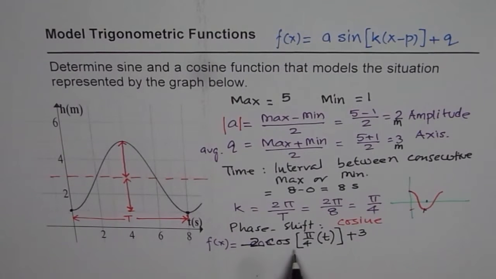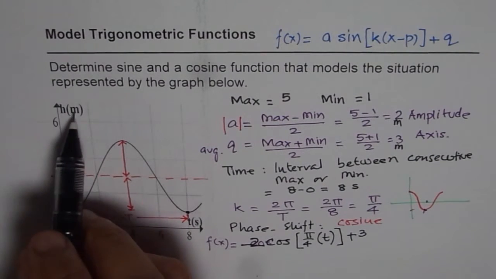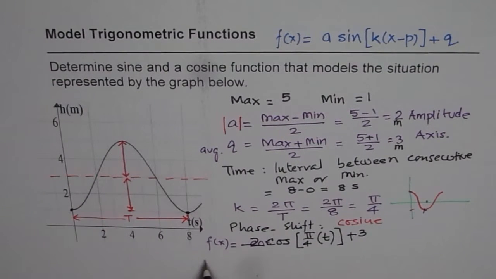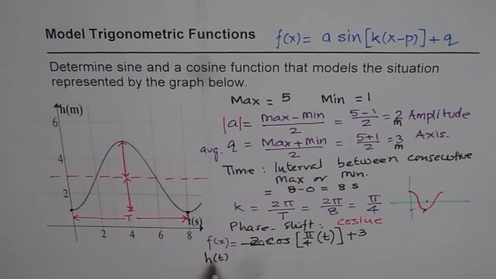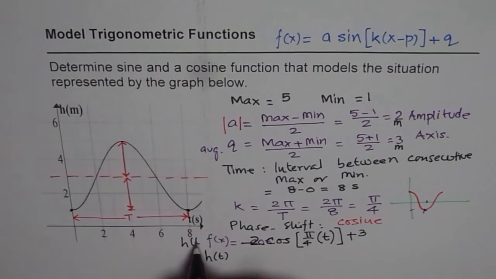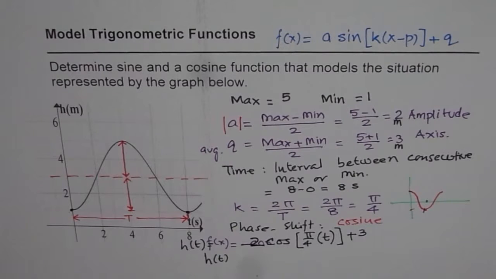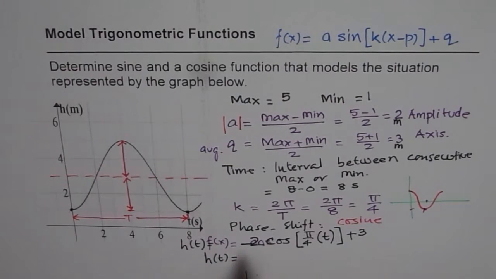Now let us see how to write this as a sine function. Actually, I should have used the function also as h of time, so we'll write h of t this time, right? So I should have used h of t here also. That is kind of important. When you're given a graph, you should respect what is given along its axis. Okay, so h of t is,